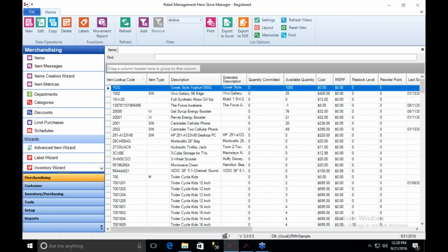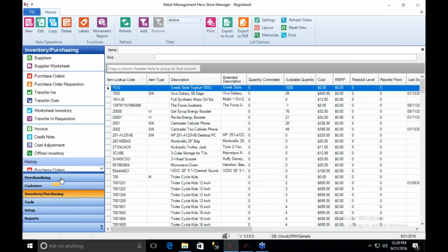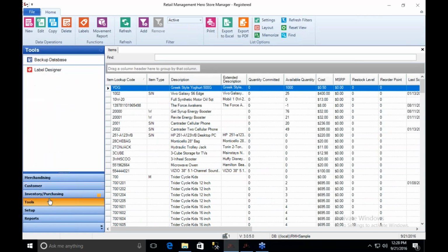And so along the left-hand side, you'll see that there's merchandising, there's a customer-specific area, there's an inventory and purchasing area, we've got backing up the database, label designer, those types of tools, and then we've got a setup section that actually is quite